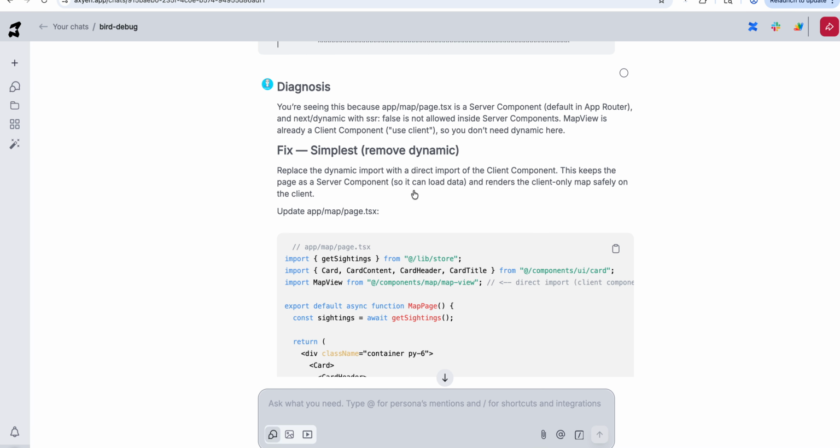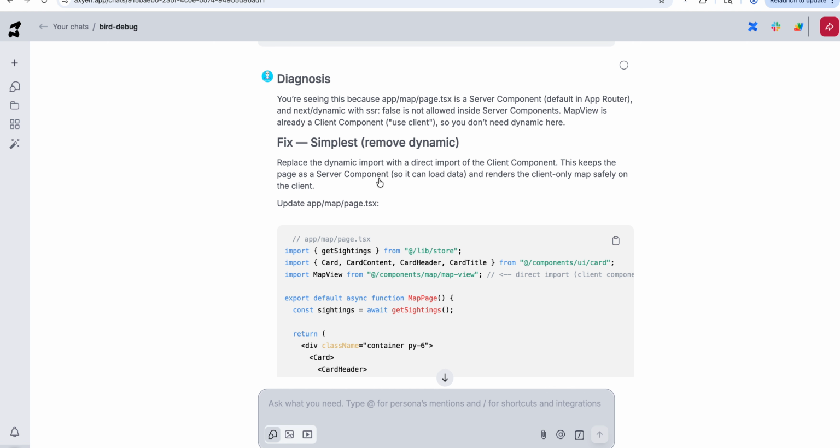And it gave me a diagnosis, which is pretty typical of any AI. You give it a problem and it gives you a solution or a diagnosis, in language that is relevant for that context. So for example, in this case, it explained that there is an issue with a server component and that it needs to be a client component or whatever, right? And then I'm like, okay, I don't fully understand what a server